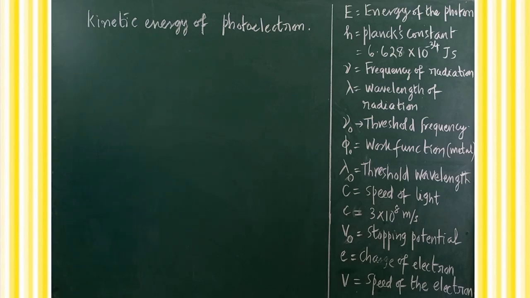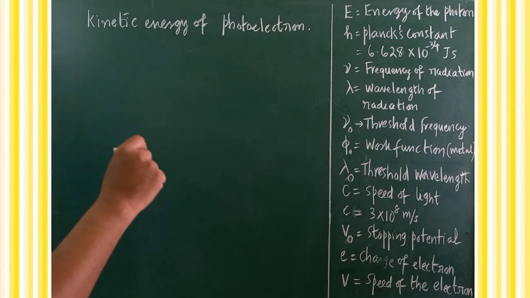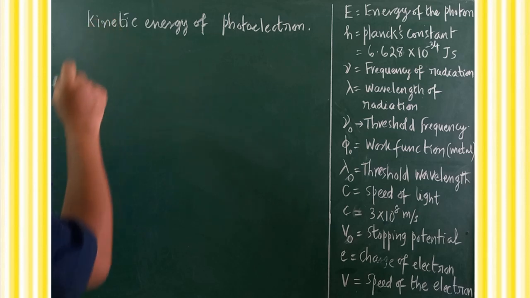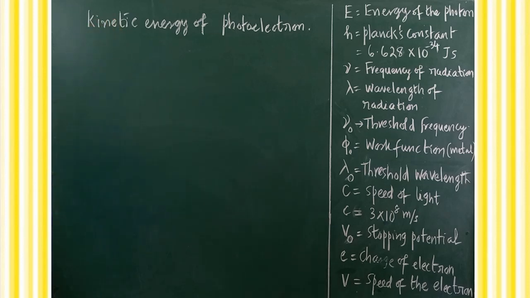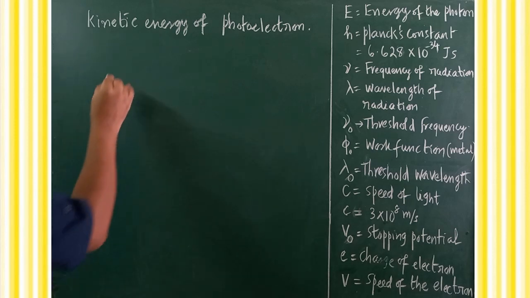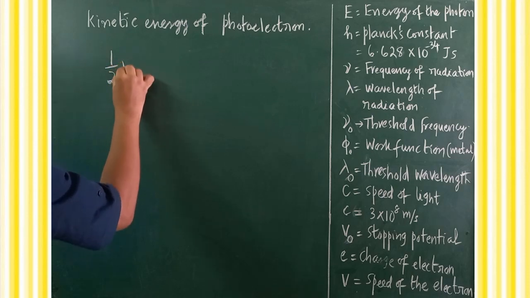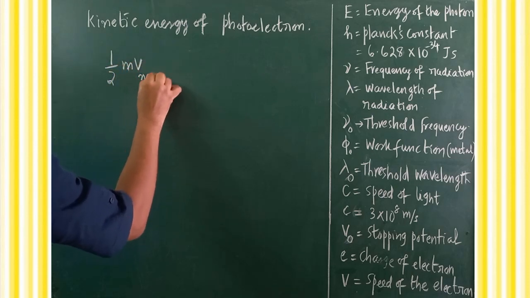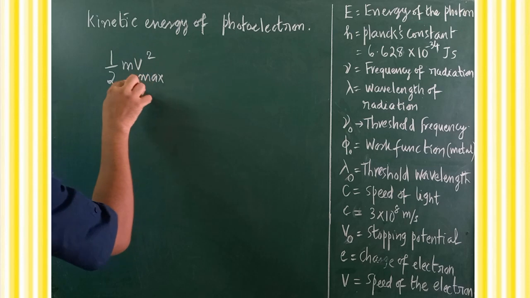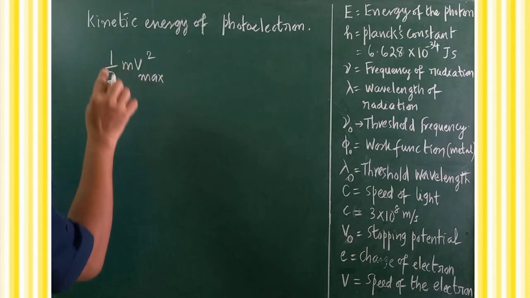Since they are removed with the help of the photon's energy, specifically these electrons are called photoelectrons. Now we are going to see some of the important formulas which are required to calculate the kinetic energy of the photoelectron. Already we have learned the graph in the case of stopping potential, as well as the graph between the photoelectric current and stopping potential. There we have derived one important formula, that is nothing but half m v max square. This is called what? Maximum kinetic energy of the photoelectron.